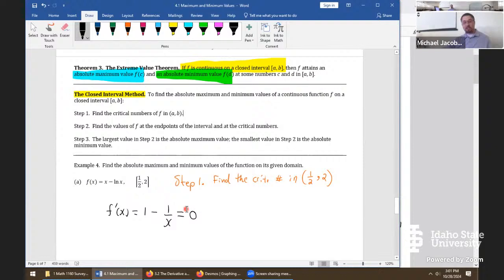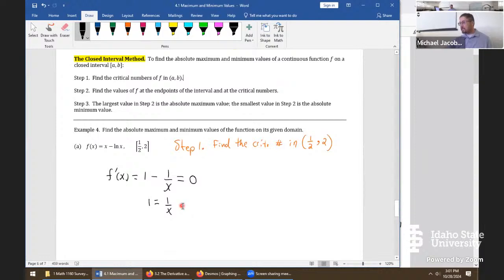So now that we're solving this equation right here, lots of different things you might do. Let's add 1 over x to both sides. We'll get 1 equals 1 over x. Next step, just multiply both sides by x. And x equals 1. We want to make a conclusion. We can now say 1 is the critical number